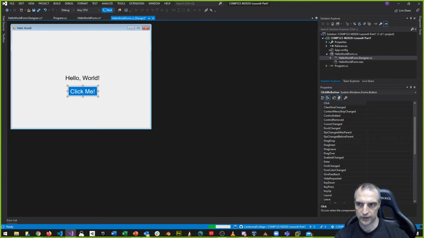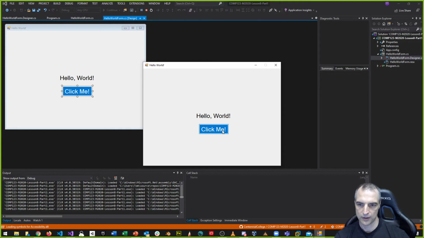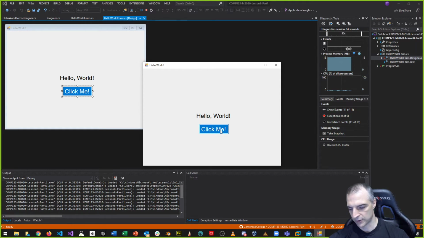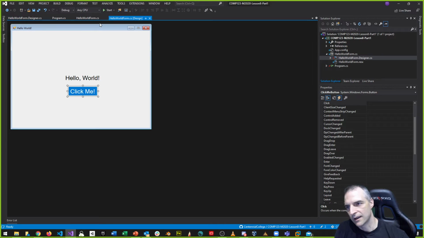Now if I run this thing, it doesn't matter even if that thing exists. The connection for me to make an event happen will not work anymore. There is no connection anymore between the code behind file and this button's click event. It's ignoring the click event now. I can click this as much as I want, right? It doesn't matter. And let's take a look and see what it's done on the